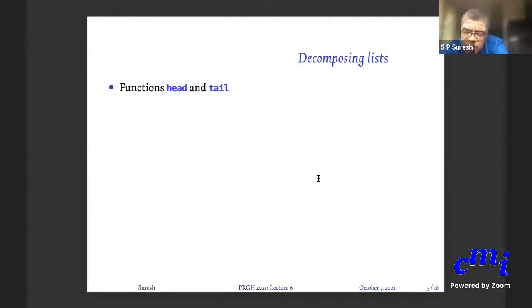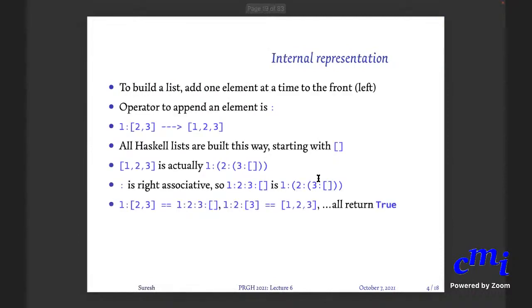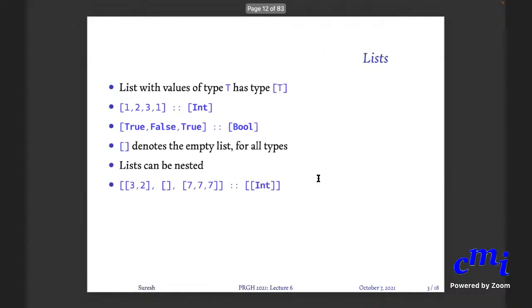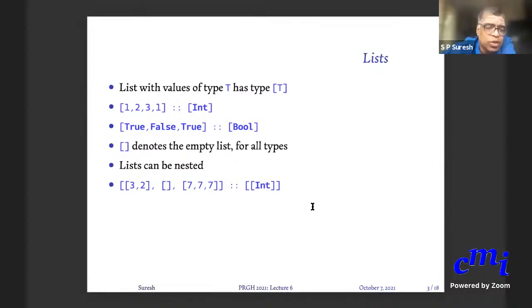Yes, somebody had a question. Sir, can you go back to the slide previous to this? This one, the last point, I don't get it. How is it a list of integers? Look at each element. This is a list of integers because the empty list is a list of anything whatsoever.